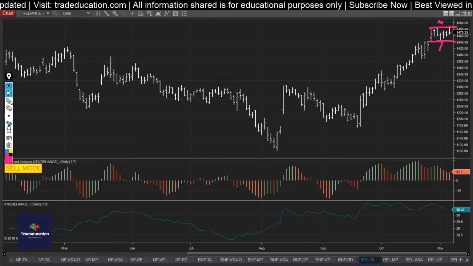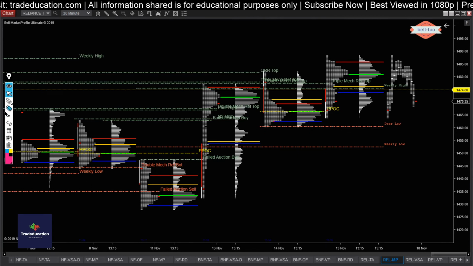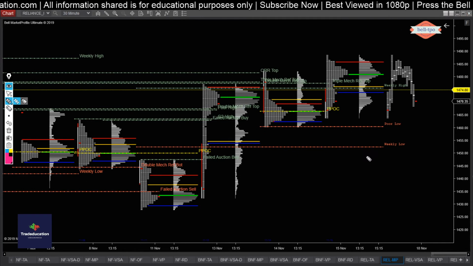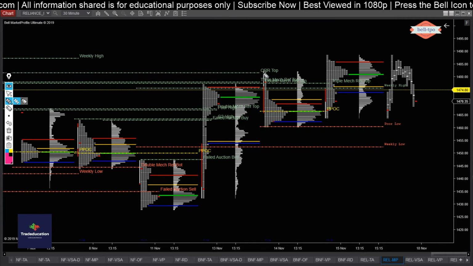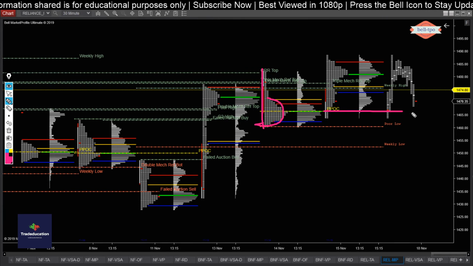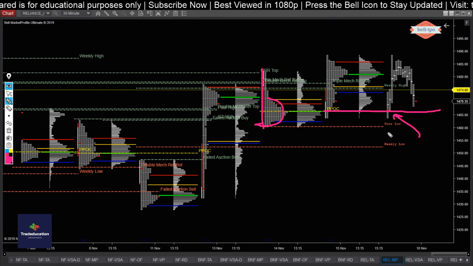And let's quickly jump to the market profile chart and see what the market generated information is telling. Okay, so yesterday we had a B shape. Also, we had a prominent point of control. And if you see, at this prominent point of control, a sort of rejection was seen.